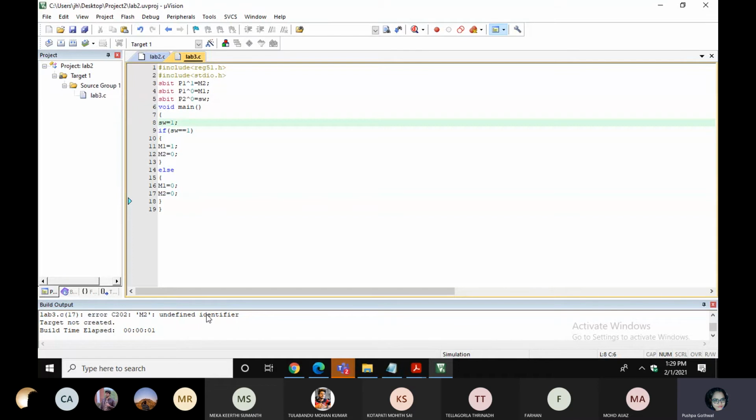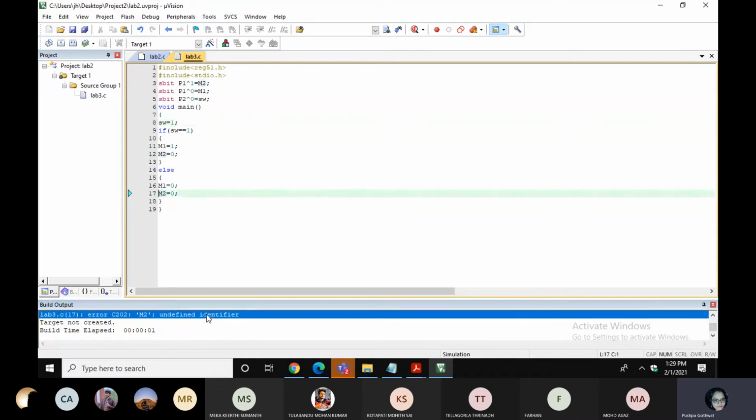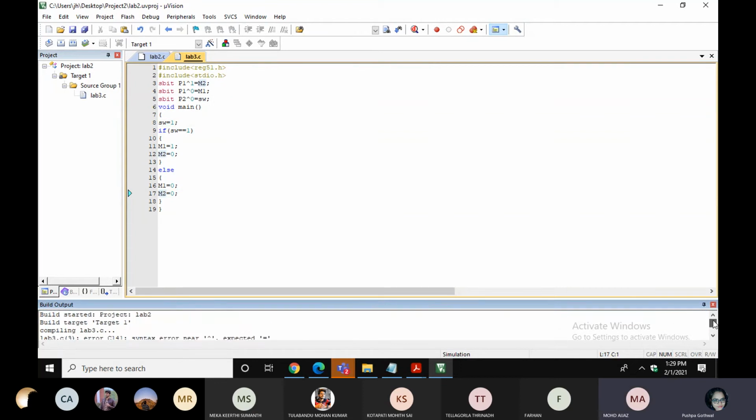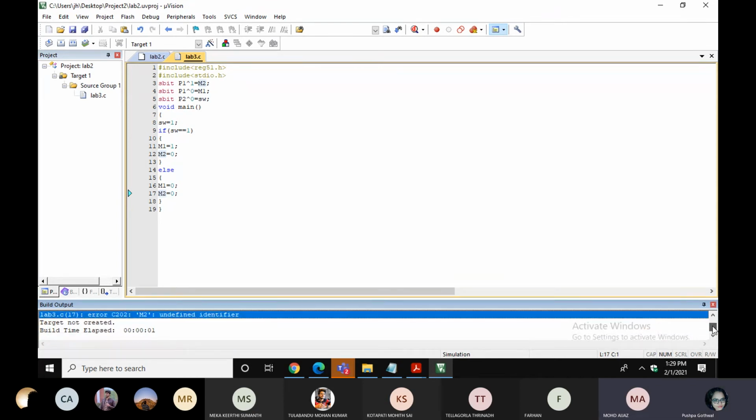Why is M2 an undefined identifier? Ma'am, does it make any difference if we write M2 equal to P1 and then port 1, or first define port 1 and then equal to M2? Yeah, that mistake we made. You're correct, it makes a difference.